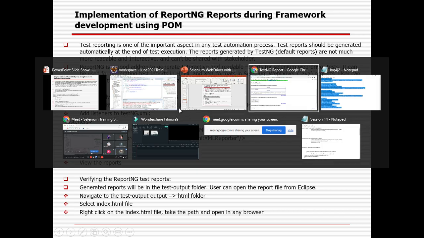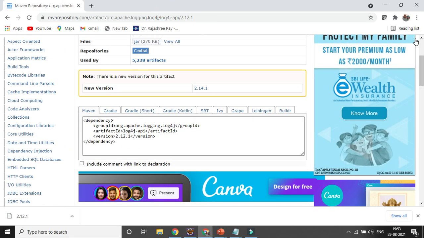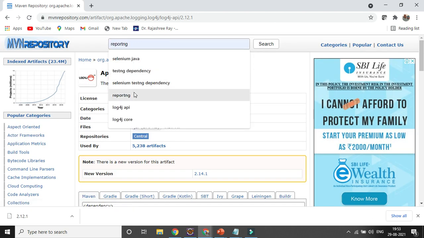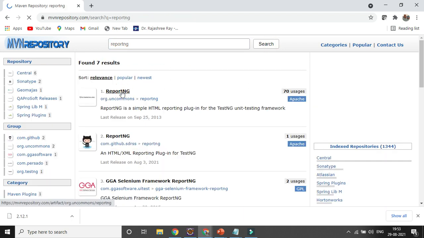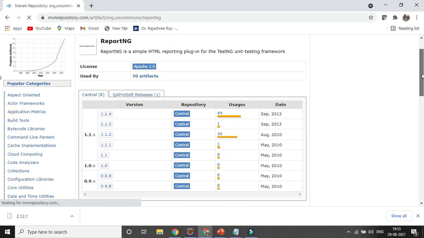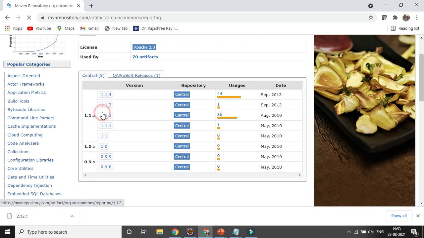If I go to here, and search ReportNG, I can find it, and I can go for some version, so 1.1.2 I can go with that.